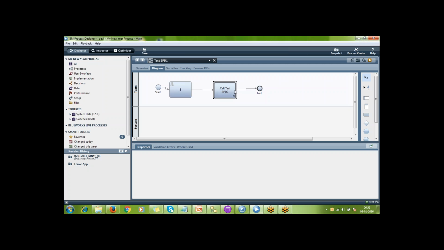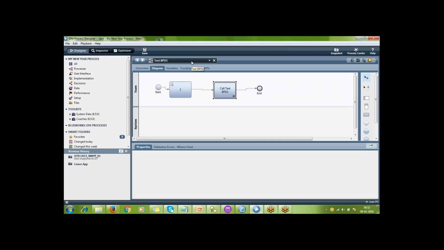Reusable components you can find in the toolkit. That is a different concept.